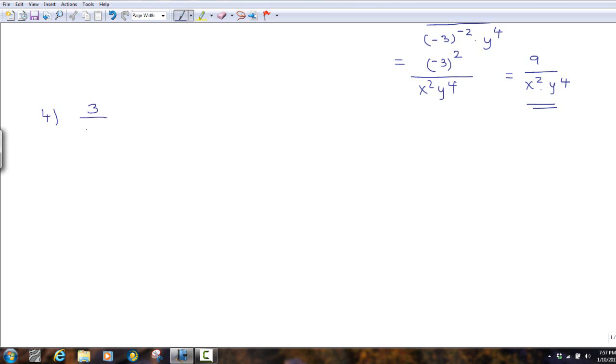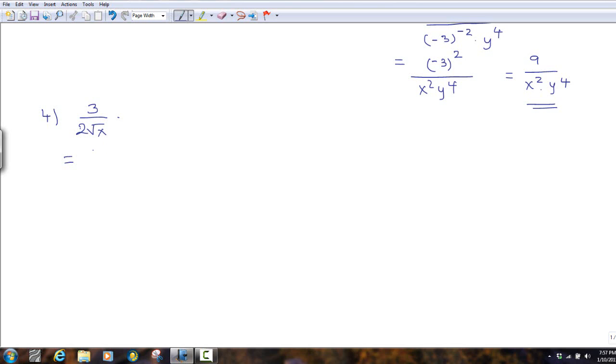3 divided by 2 times square root of x. Rationalize means rewrite the expression without the radical sign. So here I have square root of x, and I want to get rid of the square root sign in the denominator of this one. Okay, so in order to do that, I need to multiply and divide by square root of x in